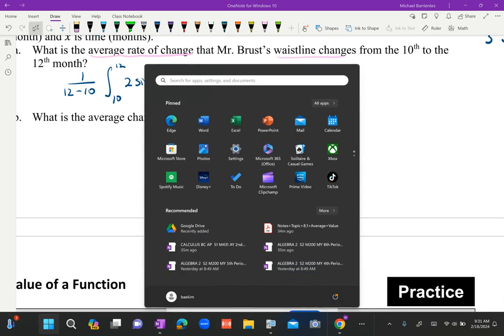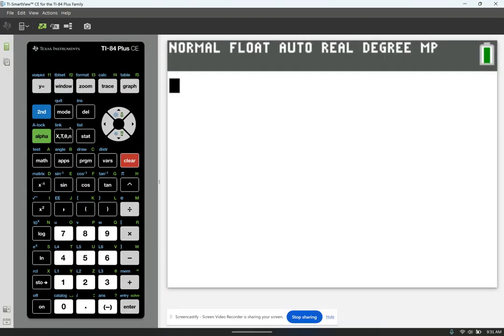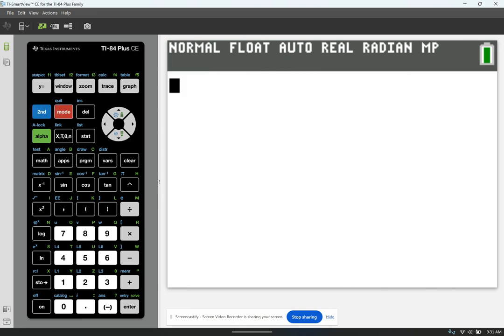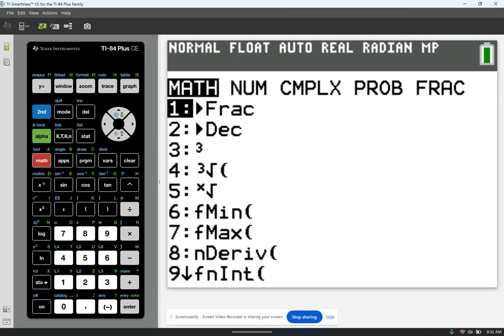So I go to my calculator and I clear this, making sure that we're in radian mode, because all of our trig functions have to be in radian mode. And I can substitute and do this. Okay, so it was 1 over 12 minus 10. I can just say 2. And then math